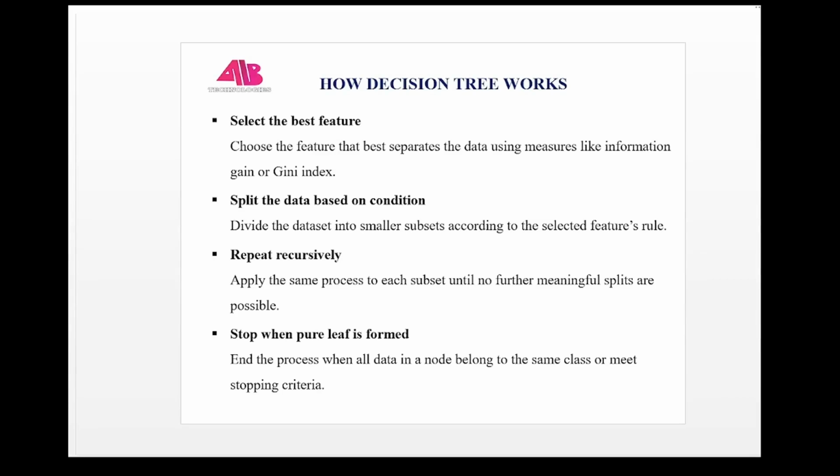When does the tree stop? A tree does not grow forever. It stops when the data becomes pure enough. Pure means all data points in the node belong to the same class. Or sometimes we stop it using rules like maximum depth or minimum samples. At that point, the node becomes a leaf node and the final